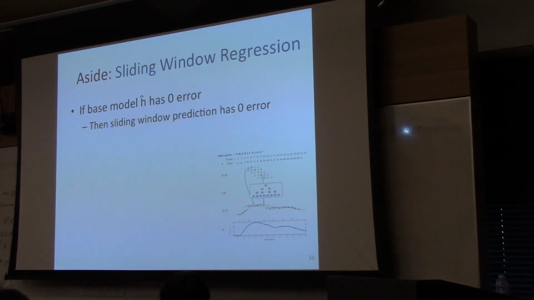So just an aside on sliding window. If the base model in the sliding window predictor has 0 error, so the multi-covariate regression